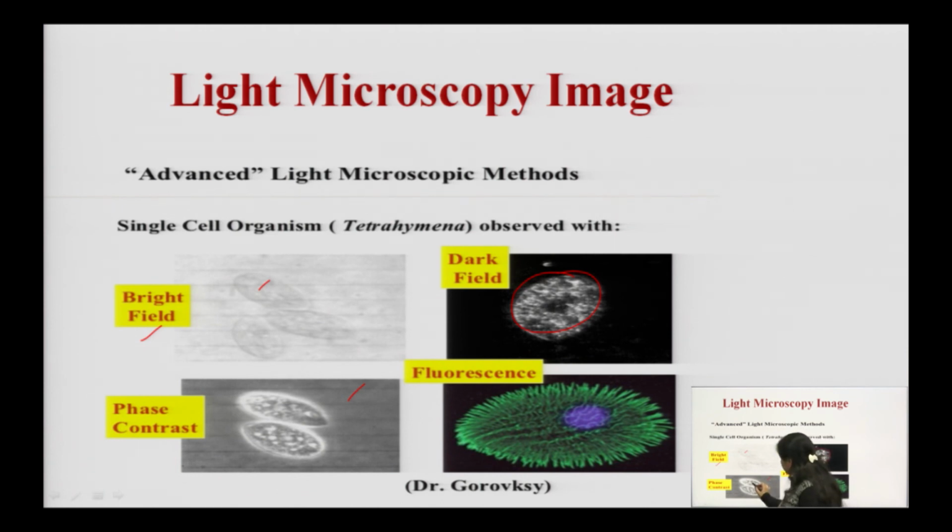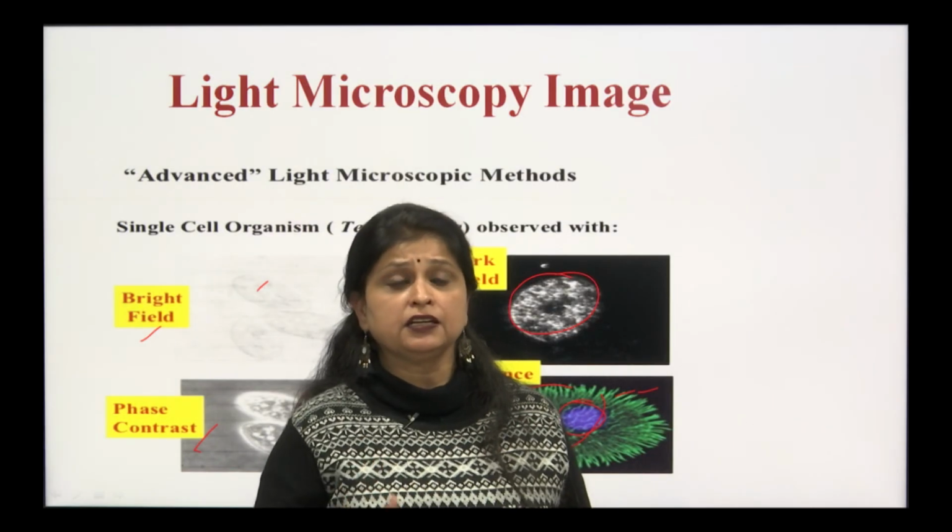So you can see the organelles within the cell, you can easily observe the nucleus within the cell, you can observe the cytoplasm, and you can differentiate between the cell membrane or plasma membrane within the structure using phase contrast microscopy. Even higher advanced versions are there, like fluorescence. In these colored images you can observe the color of a nucleus. As you can see here, it is a nucleus, here it is a cell, flagella are there. You can differentiate between organelles by the color difference.